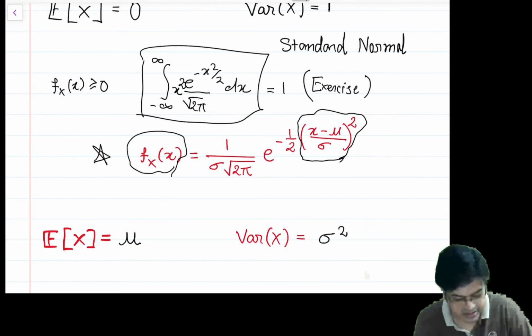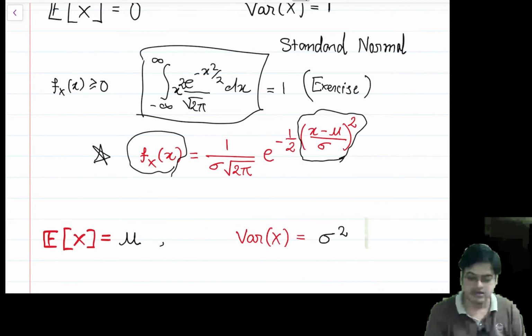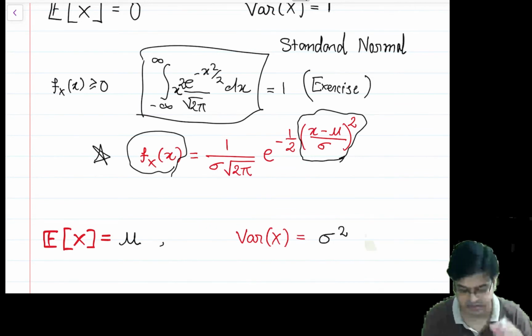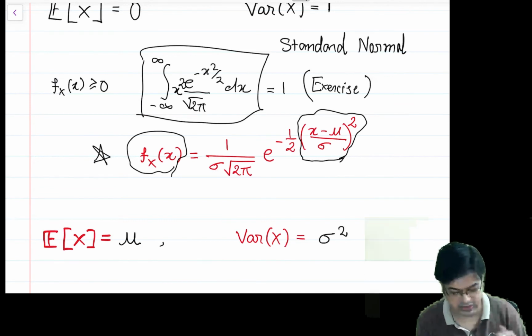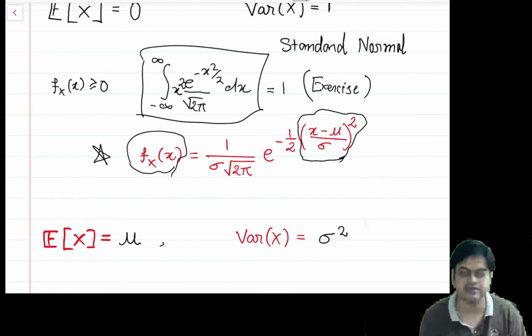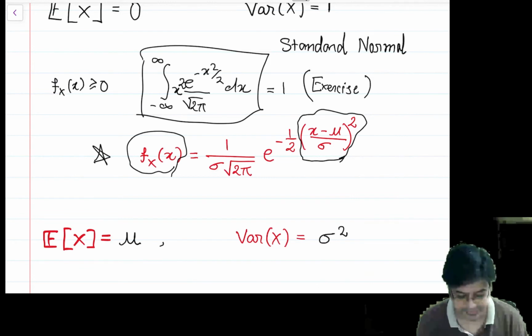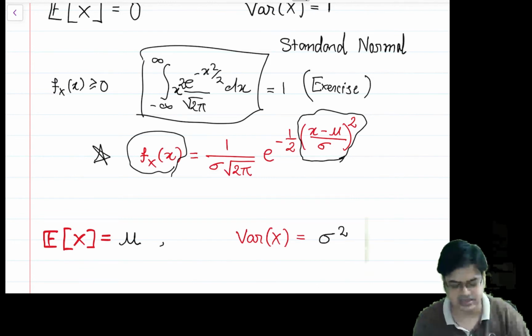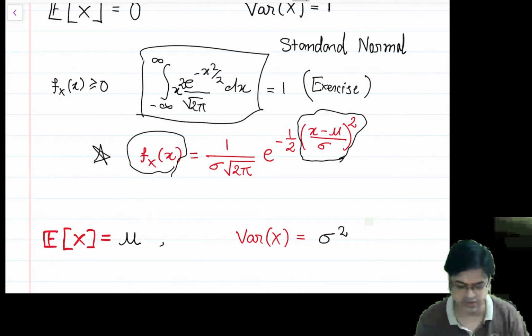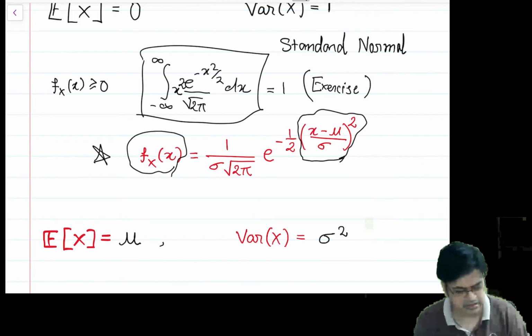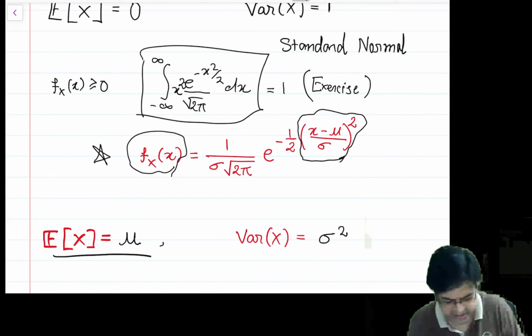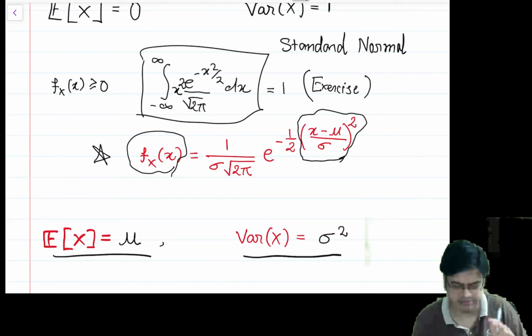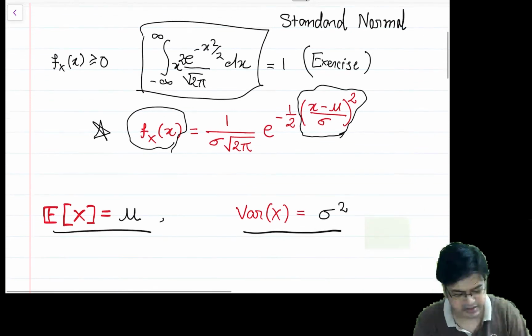If you are not clear about how this integral works out, you just go to any software which evaluates integrals, typically MATLAB, Mathematica, R or Python, whatever software you choose, you solve this problem and you will get the mean and variance to be equal to this. Otherwise it's a lengthy tedious exercise which will not give you any concepts. So we assume that the mean and variance are given by this.